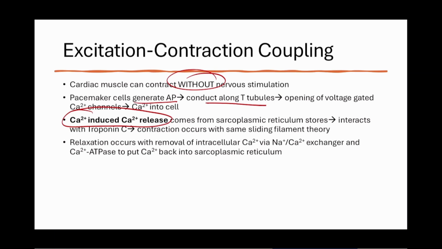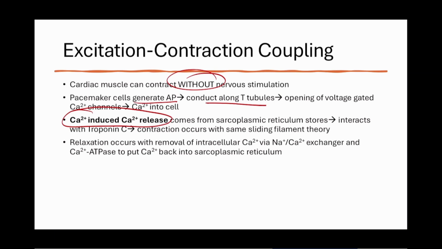Okay, and all these calciums, they're going to do the same thing we just learned last unit. They're going to bind to the troponin C, cause it to get out of the way, cause cross-bridge cycling to happen. Same exact thing as skeletal muscle as far as what calcium is going to do. Okay? But then we have to get rid of that calcium. We can't let it stay there. We have to have the muscle relax too, so we have to get rid of it.